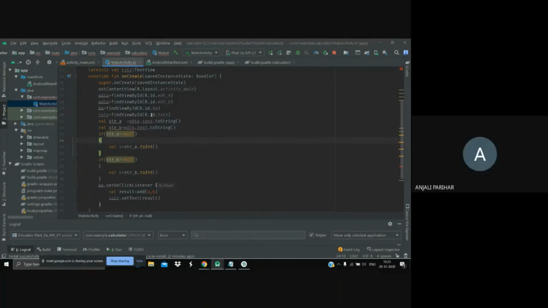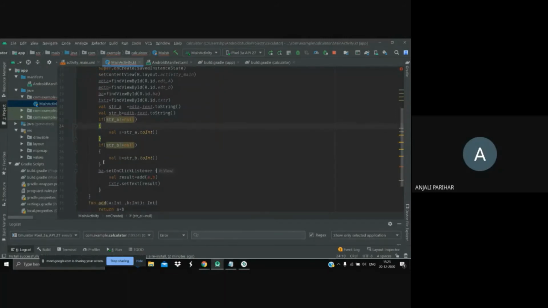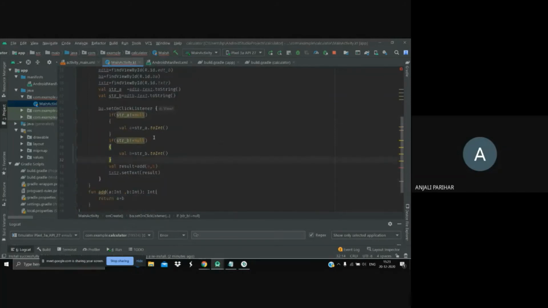So you can see that I'm writing both of these blocks outside this function. So what I can do is, when a user clicks, I need to check at that time only.